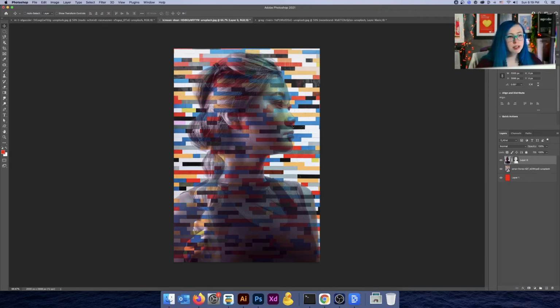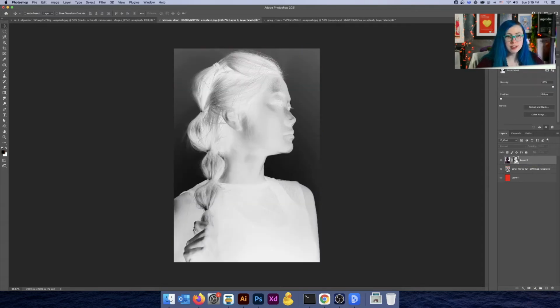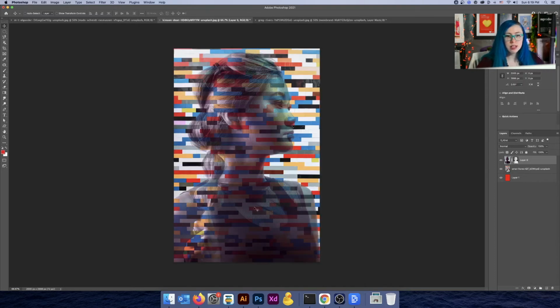So every time we see dark here on this layer mask, less of the subject is shown. You can see this in the background, and notice this with the layer mask. I'm just going to Option click to get back in and edit it. Let's take a look at the difference between this dark area and this light area. Going back to our image, lots of the background shows through here, not as much of the background shows through there.